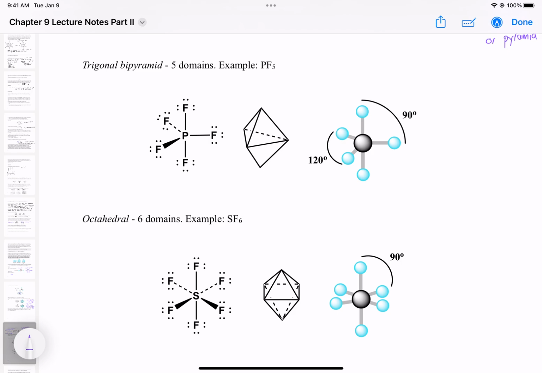Okay, now let's go over 5 electron domains. So you see here around phosphorus, we have 5 pairs of bonding electrons to fluorine. So that's 5 bonds, 5 electron groups or domains. So we call this trigonal bipyramid or trigonal bipyramidal because